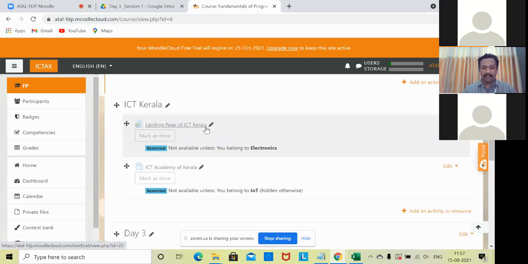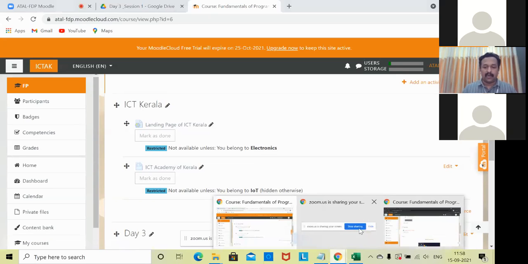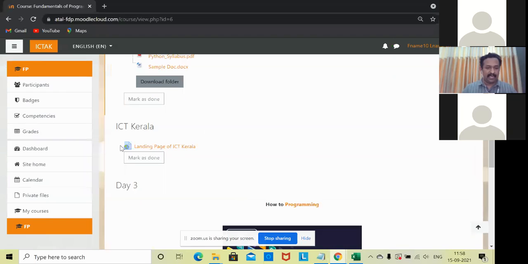Because I belong to the electronics group, this is available for me for ICT, but this other information is not at all available to me under the ICT Kerala section. Which means that within a particular course itself, we are able to manage the users within that course based on the requirement.